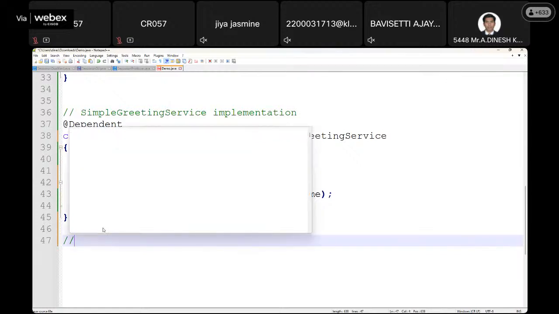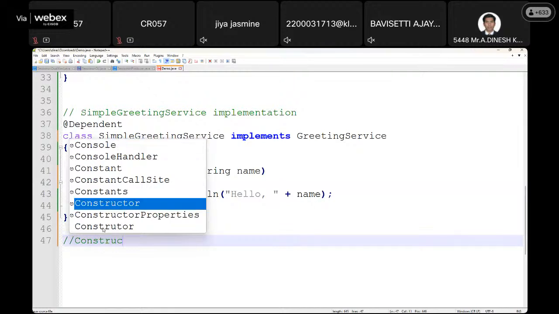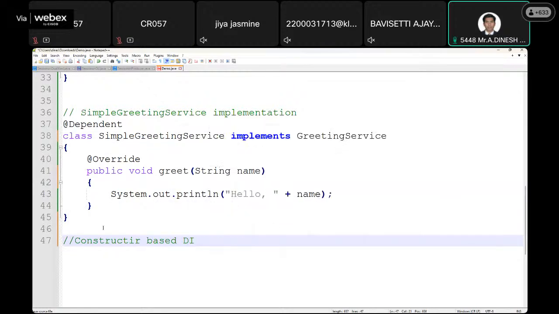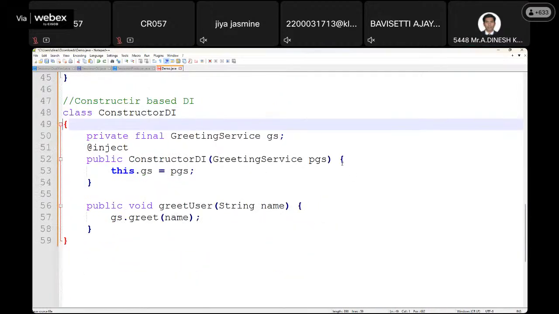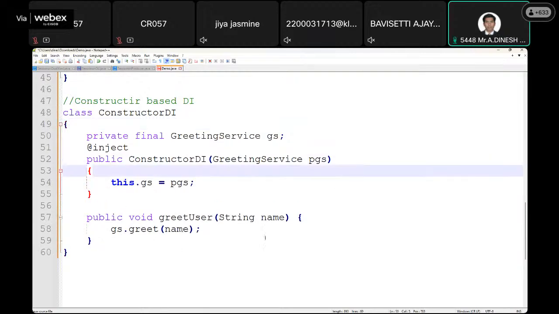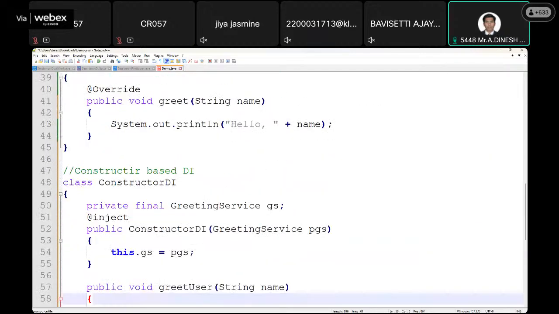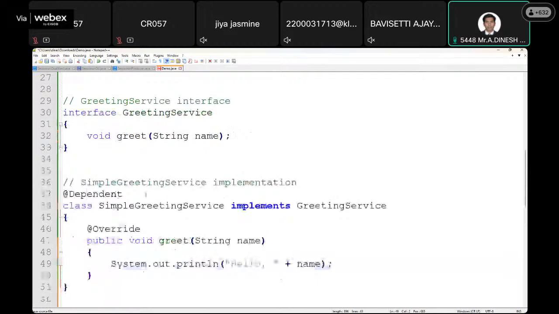So let's start with constructor based dependency injection. Okay. First of all, see what constructor based dependency injection is. See, ConstructorDI is a class name. In this ConstructorDI class, what I'm going to do now,